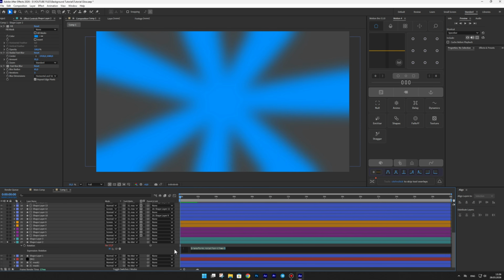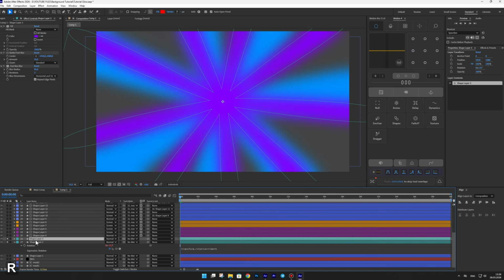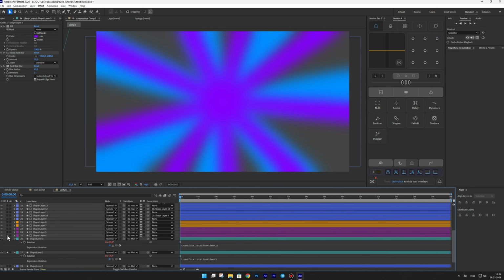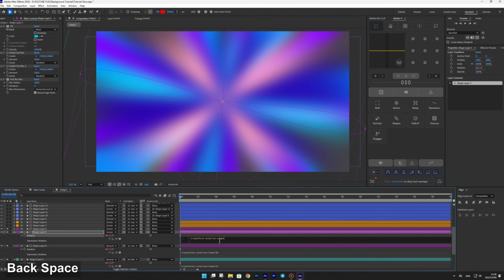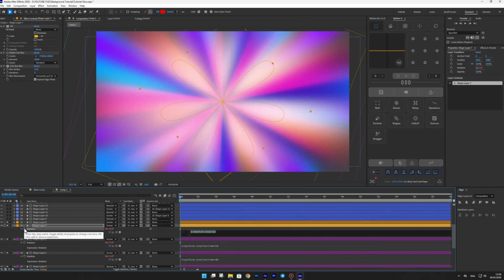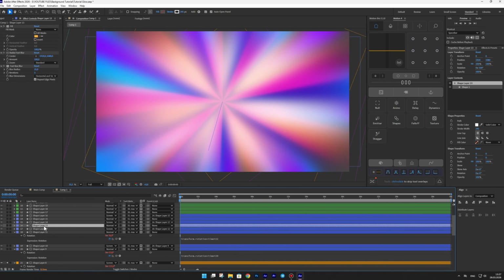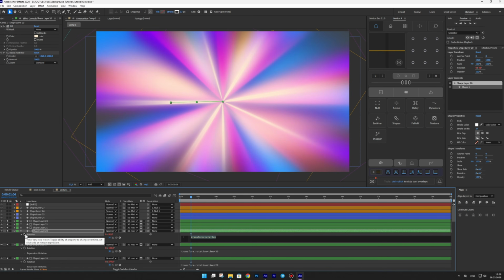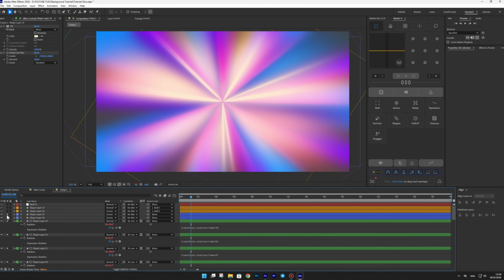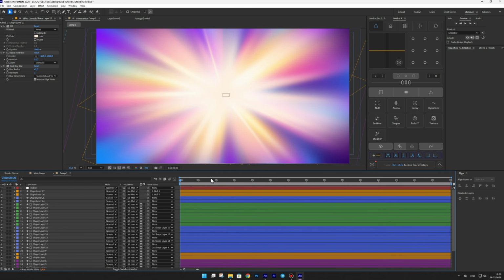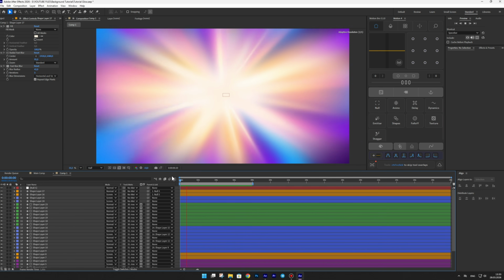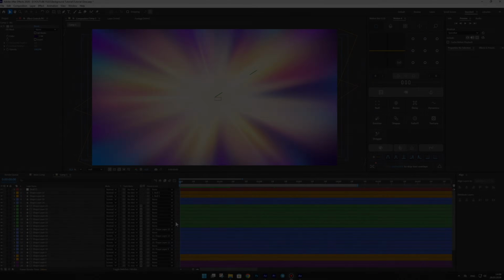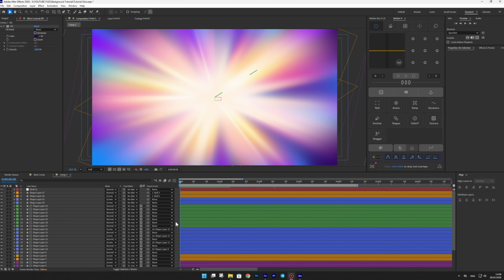Now copy this simple expression and apply it to the other star shapes and rays as well, changing the value each time so they all rotate at different speeds. Great result! With this expression, the animation will keep looping endlessly. If you want the background to animate in at the beginning and fade out at the end,